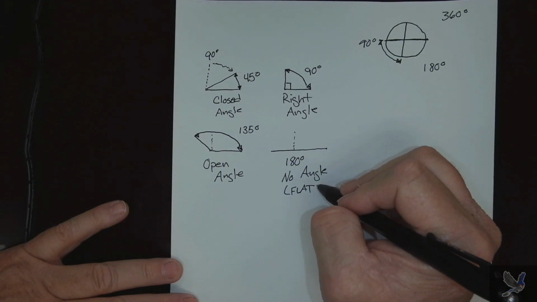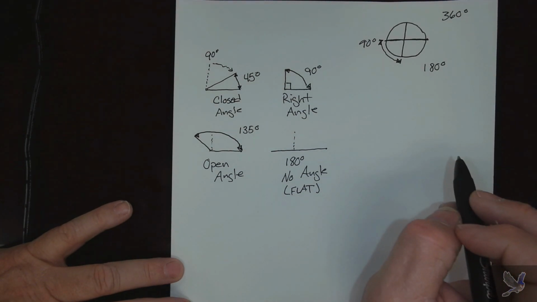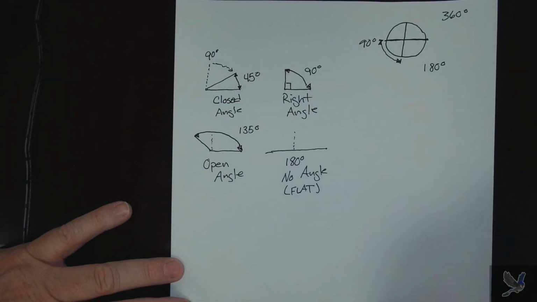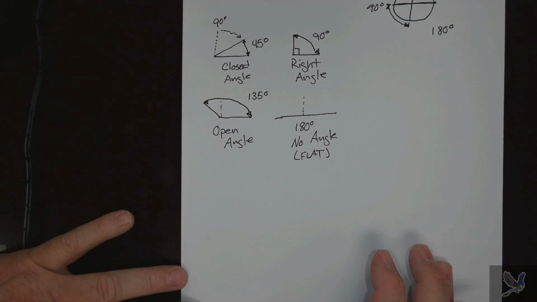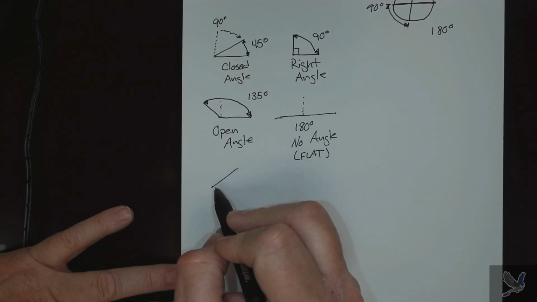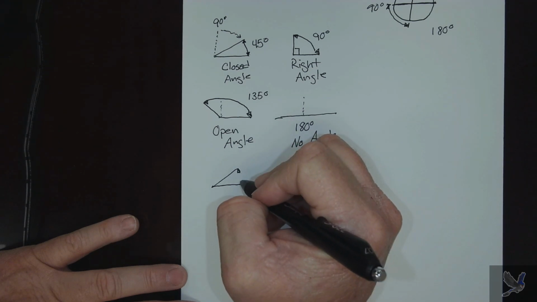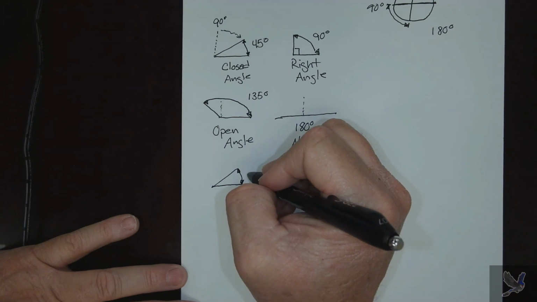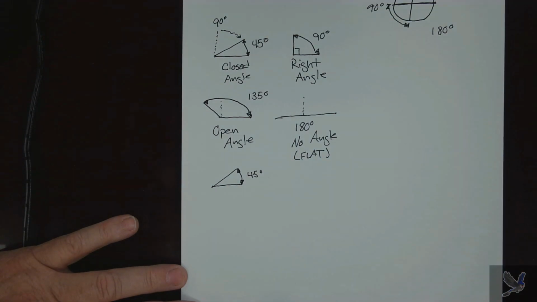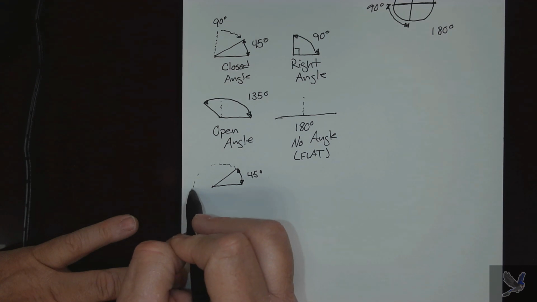You know, Jay, why did you show us this flat stuff if it stopped bending? Well, it's good to know the origin. It's good to know why things work like they work. The FAA is going to have questions that you need to solve, and they're pretty straightforward. It may look something like this right here, and we've already kind of discussed this, so this one should be pretty easy. If we have a closed angle of 45 degrees, how many degrees did we bend that through